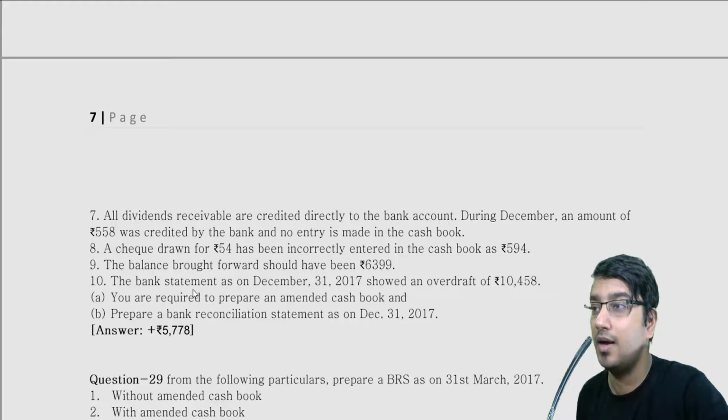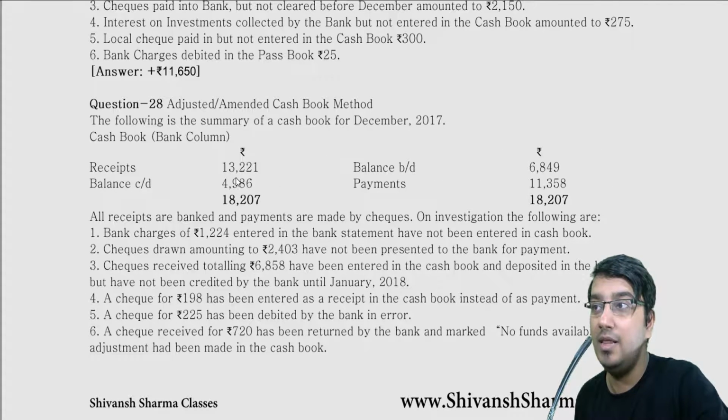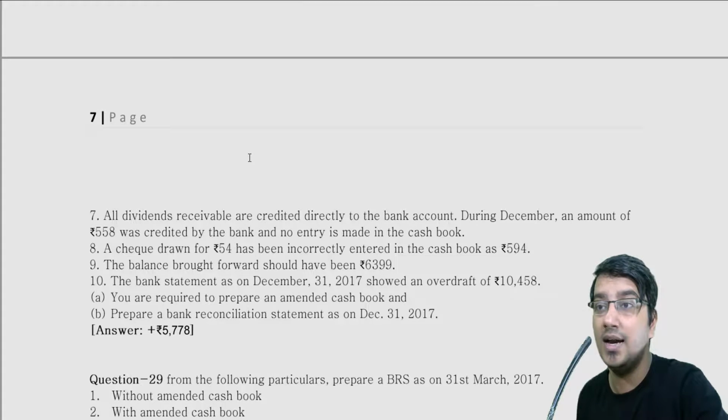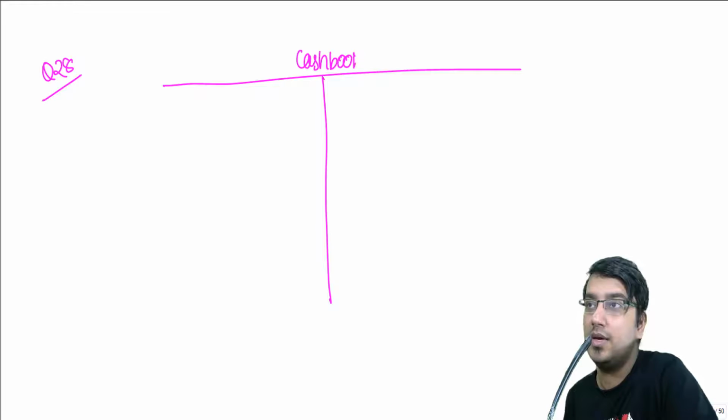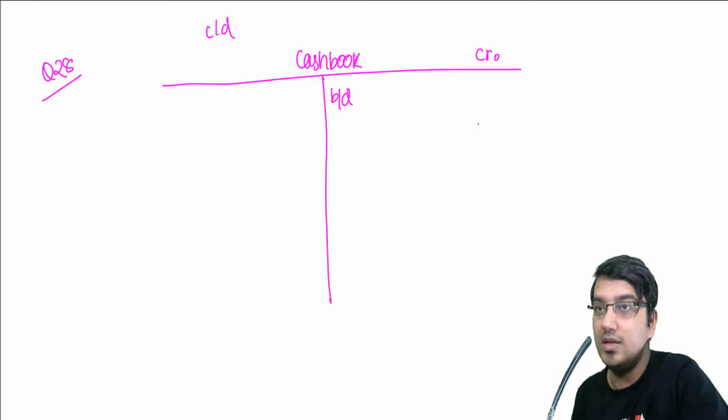Okay, and BRS showed the balance of 10,458. So when we will start the reconciliation, we will take this balance, but for our amended cash book, this will be the balance. Okay, so for amended cash book, 49686 will be the balance, and for the BRS, negative 10458 will be the balance. Okay, so we'll just start the process. Cash book, since it was balance CD, we will bring it down by calling it balance BD. This is overdraft